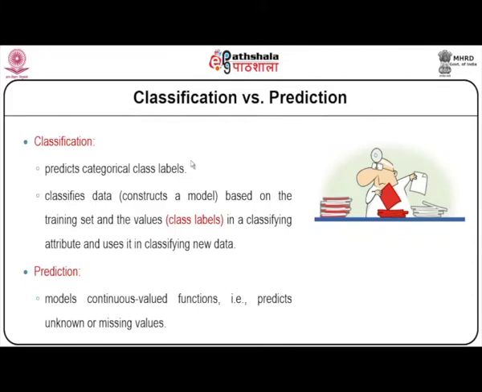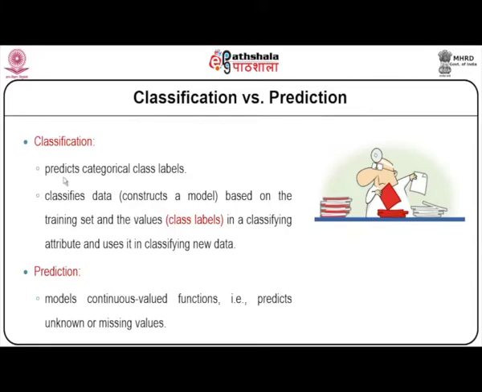Basically, classification looks after predicting categorical class labels. Let us see what categorical class labels mean. Classification looks after prediction of categorical class labels, that is, any one of the categories mentioned. Say, for example, if it is gender, it could be either male or female. So, if I have a category which mentions a group of items belonging to male and a group of members who belong to female category, then these become the categorical data and we can predict on